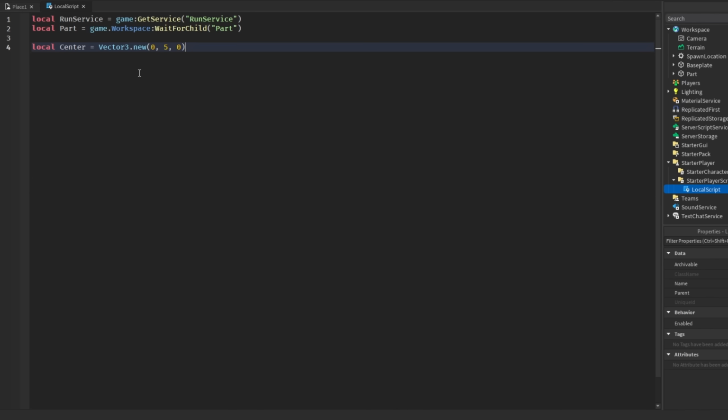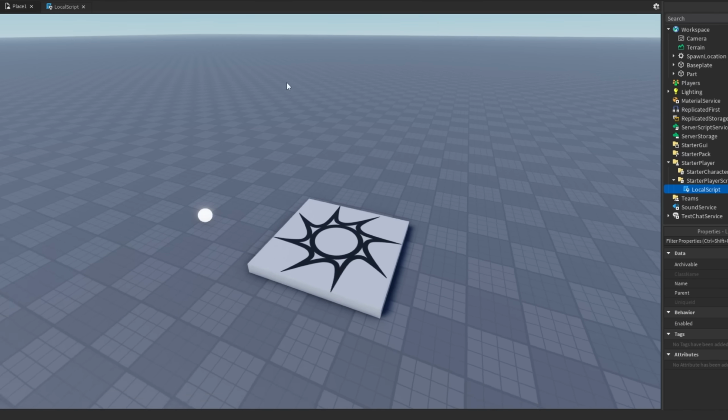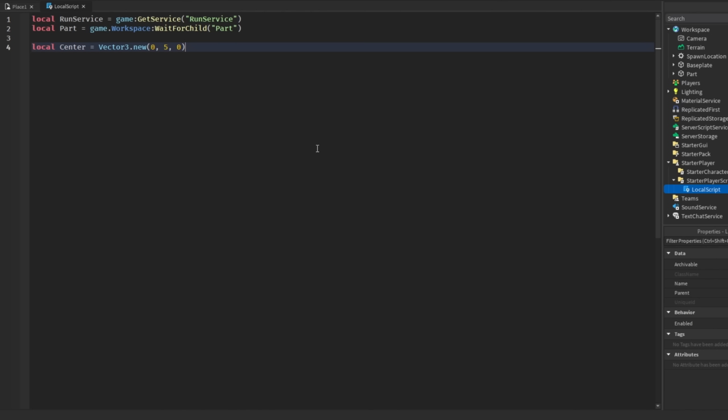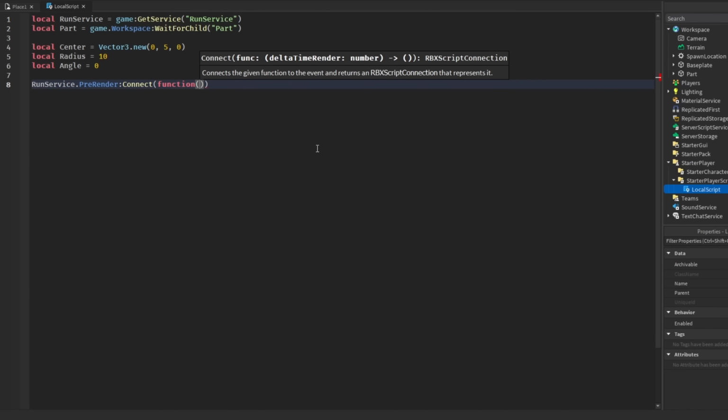So our part will orbit around 0, 5, 0, which will be a little bit above the spawn location. And then we're going to have a radius, which will be equal to 10, and then have an angle, which will keep track of where it is at, so 0, and then RunService.PreRender:Connect function, get delta time,